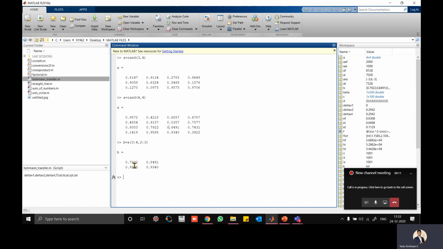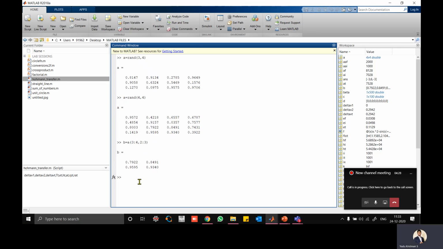If you want to replace values, let's take the 4th row to be replaced and made equal to the first column. How will you do that? It is very easy.